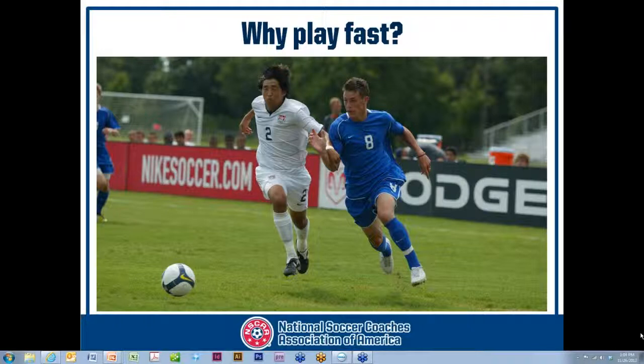Why do we want to play fast? And certainly there are times when we want to play slowly. But in terms of the rapid tempo, if you're the more fit team or the superior team, you are wearing down your opponent. They are unable to keep up with you physically, mentally, if the game's just moving faster than they're used to in training. So that is why you as a coach should always prepare your team for these instances. In terms of playing it fast,